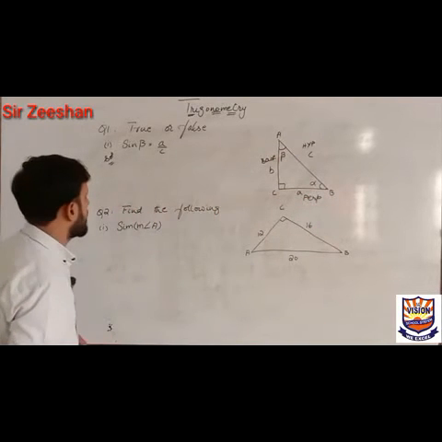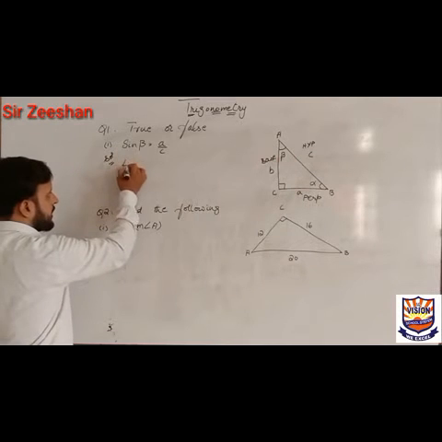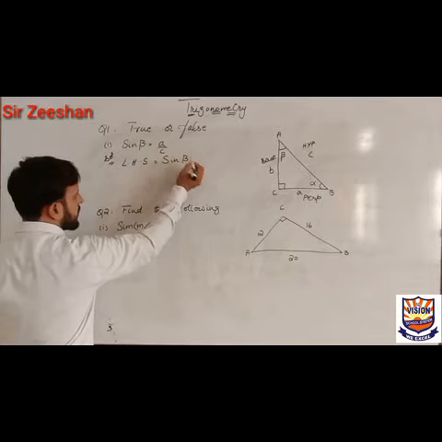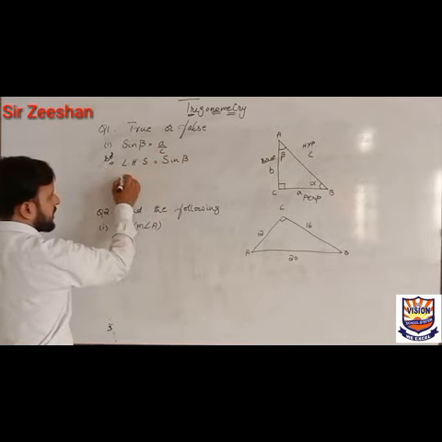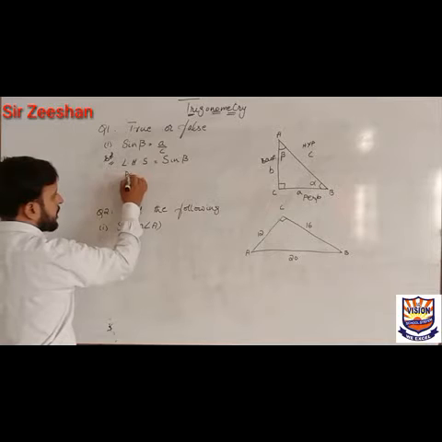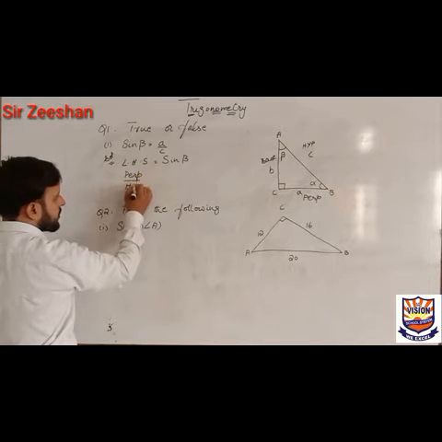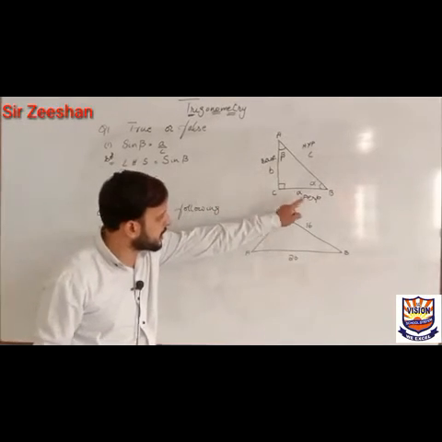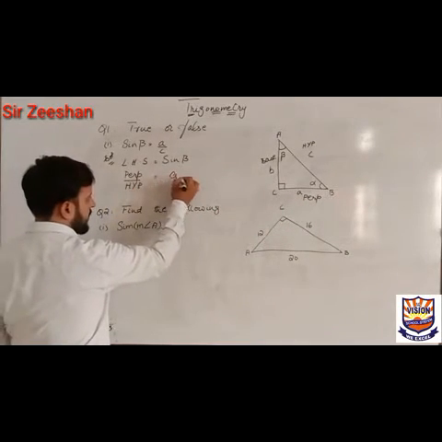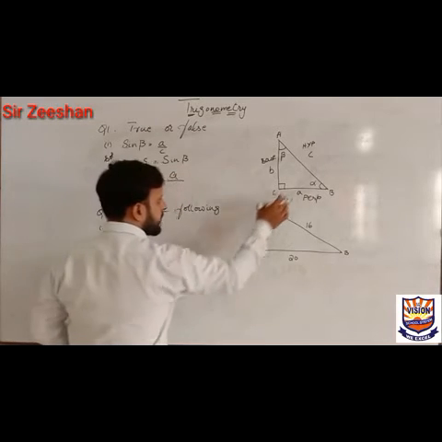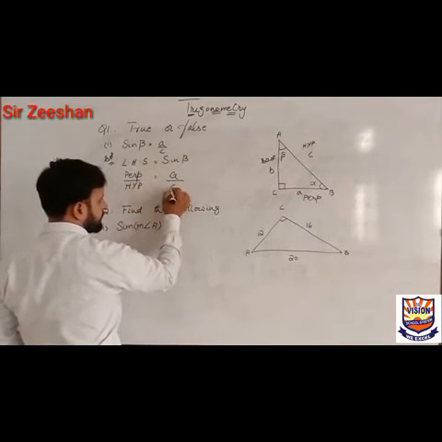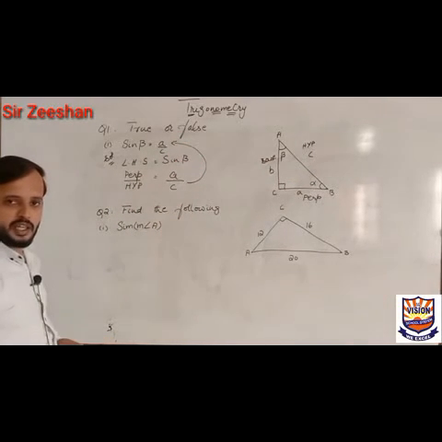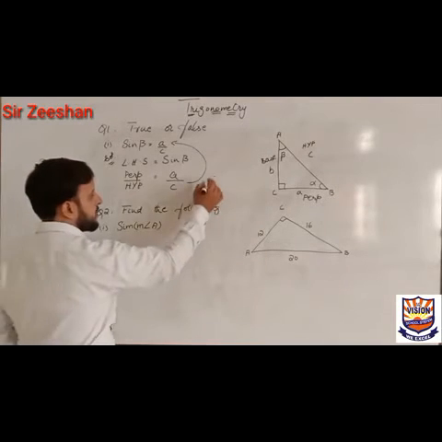What you will have to do here is pick the left hand side, which is equal to sine beta. What is the formula of sine theta? It is perpendicular upon hypotenuse. Now the next step will be to put the values from this. The perpendicular is A, so we place the value A here, and the value of hypotenuse is C. As you can see here, now it's proved that sine beta is equal to A upon C, and it's the